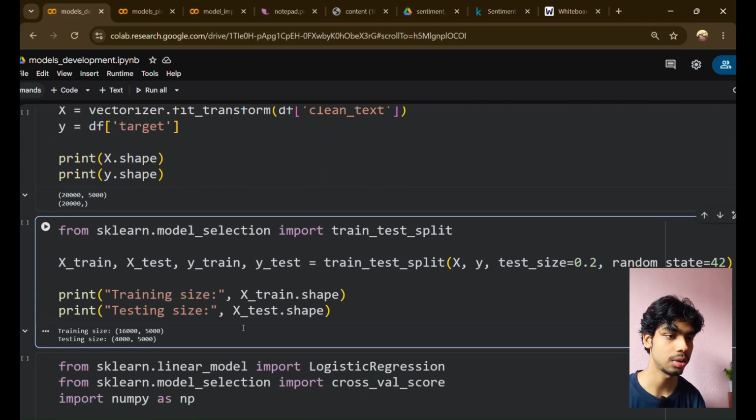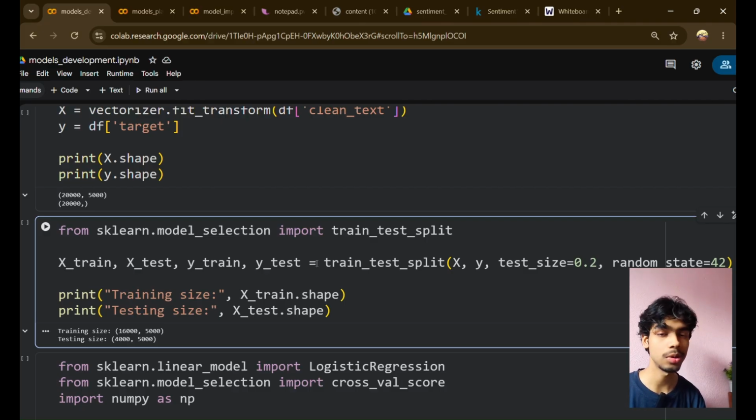So we import train_test_split from sklearn, and then X_train and y_train, X_test and y_test, which means for the training set we have X and y, and for the testing set we have X and y, which is obviously the cleaned vectorized text and target. So we just use this function here, train_test_split on X, y,